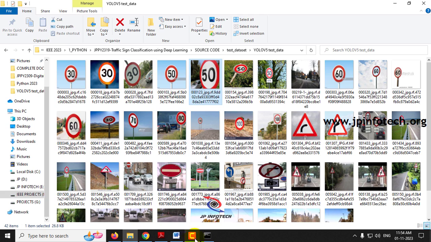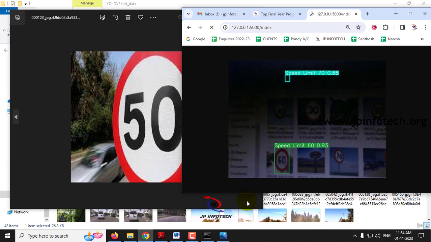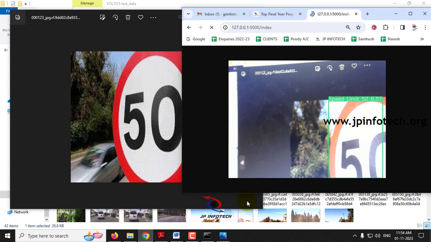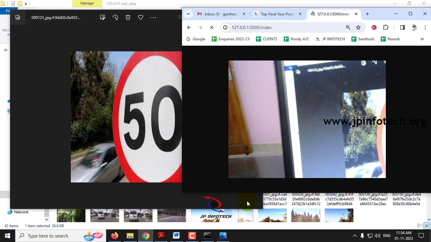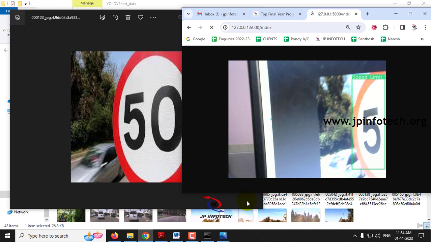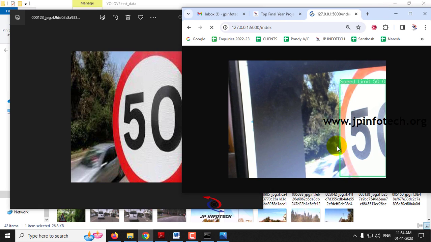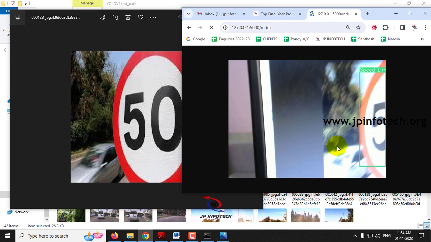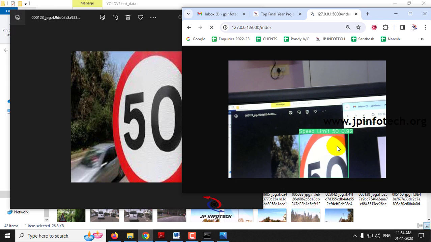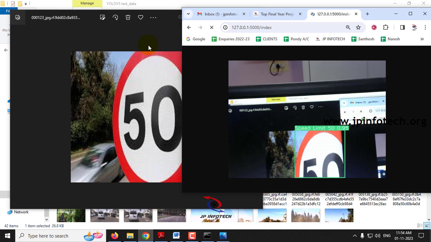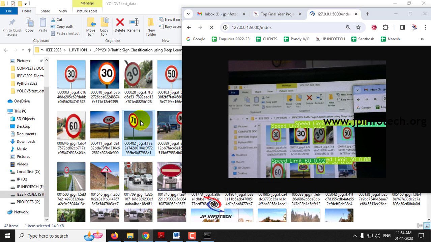Now let me select another one. Now you can see it is predicting the traffic sign correctly as speed limit 50. Let me open some other image.